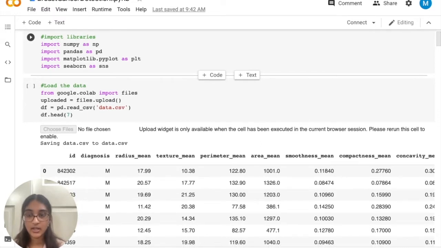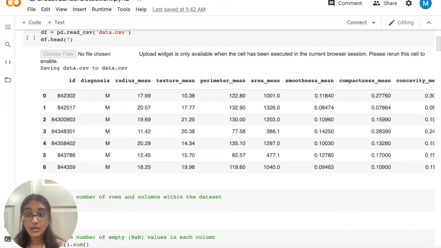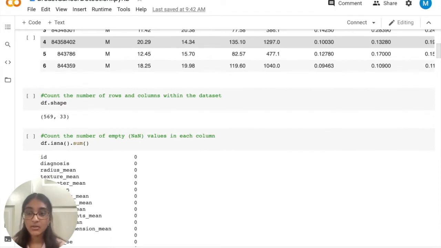And as you can see here, we can go ahead and print the first 7 rows of our data. And here we can see the inputs or the features, which are the columns, and we can see the rows. So each row represents the data of a single patient in the data set. And we kind of want to see what we're working with, right? So here we can see that we have 569 rows, which means we have data from 569 patients, and we have 33 columns or 33 different input features,